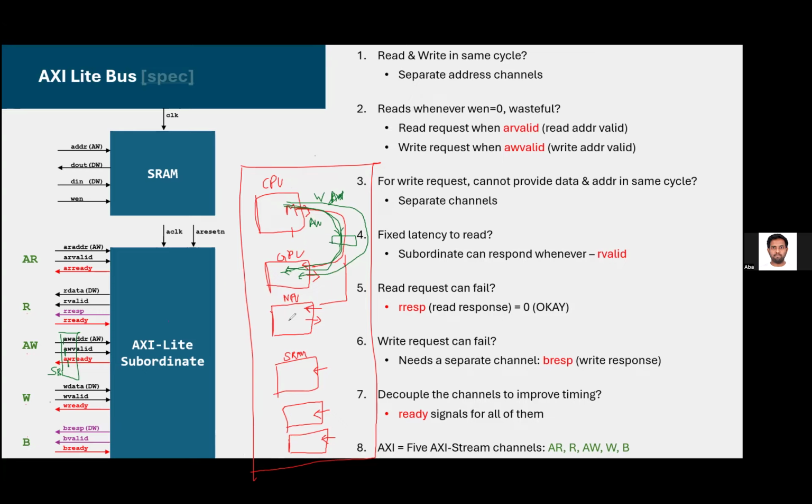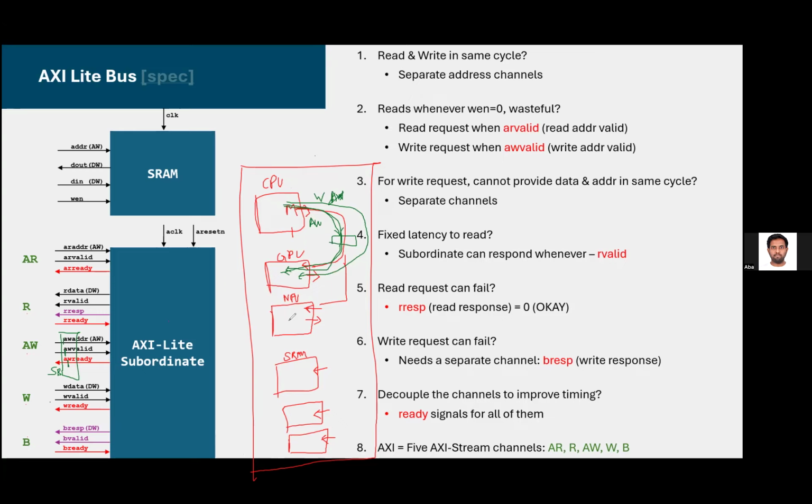The way that AXI actually works is that you can do this, in the sense that it's a full performance bus. So you can have outstanding transactions, right? You can keep sending requests again and again, as long as your subordinate is accepting. If the AR ready keeps staying high, you can just keep sending as many requests as you want without getting any